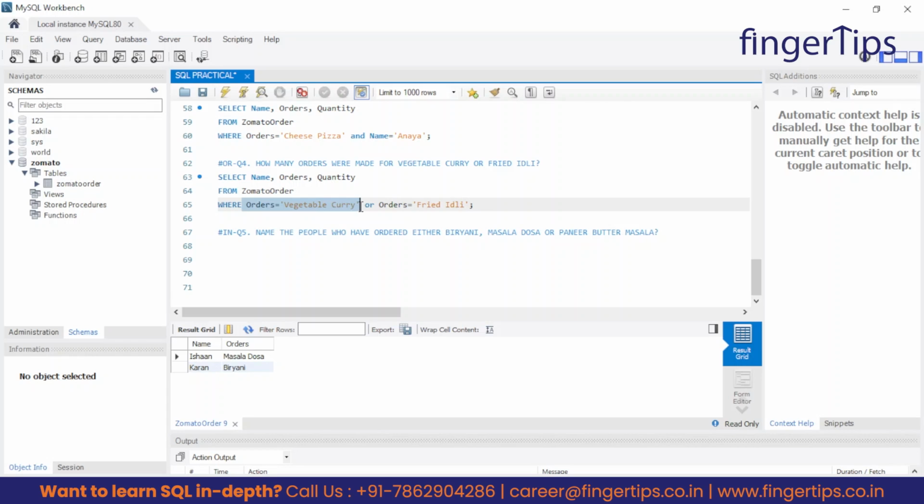Like where orders is equal to biryani or orders is equal to masala dosa, then one more OR condition, or orders is equal to paneer butter masala. But do you think this is the relevant way? Because now we have a very small data set, just 15 rows and 6 columns. But just imagine when you will have thousands of rows and hundreds of columns, and you have a condition like this. In that condition we will use the IN operator. So just understand this IN operator by answering this very simple question. The query or the answer for this question will be